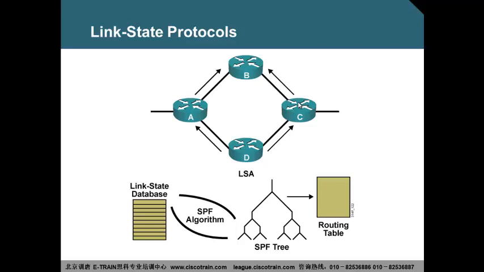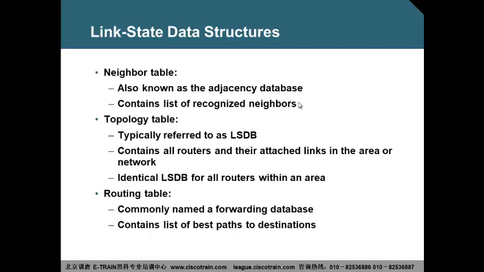EIGRP maintains 3 tables. The neighbor table will have the neighbor information with which the neighbor is established, the interface through which the neighbor is connected, what is the router ID of the neighbor, and so on. Topology table, as I already said,